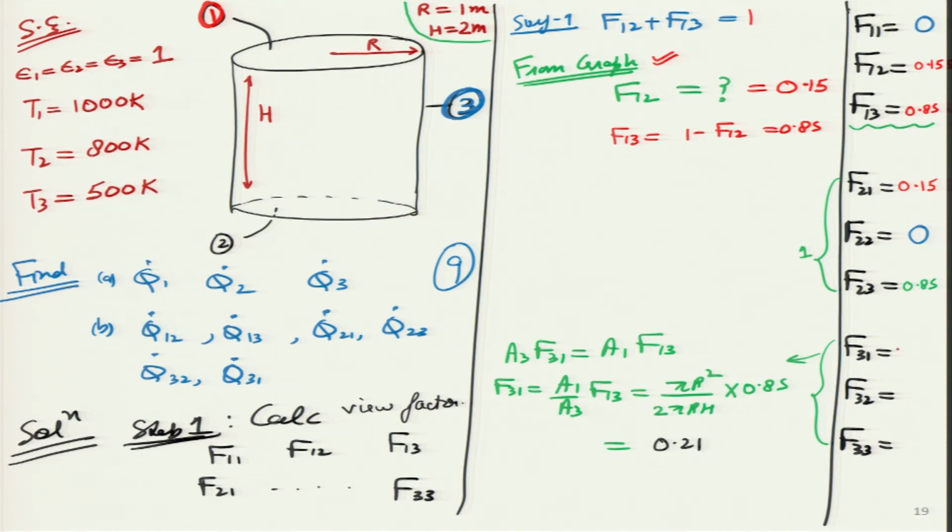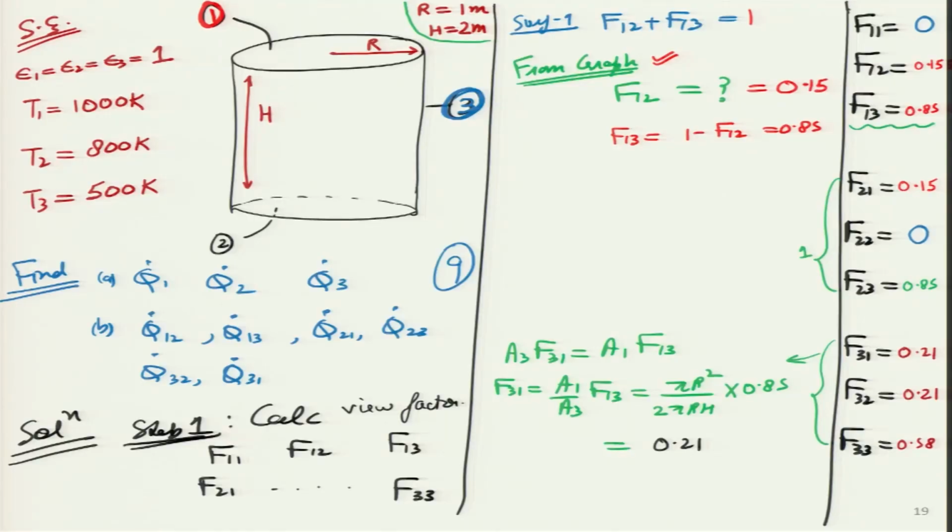So, I am just trying to show the students what is the procedure that we will use over here. The other one also I will write over here because of symmetry. F31 is equal to F32, and the remaining part over here is 0.58. So, I think I have done it very slowly so that students are able to understand what exactly is going on over here. Am I okay with that?